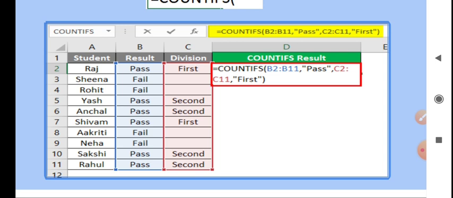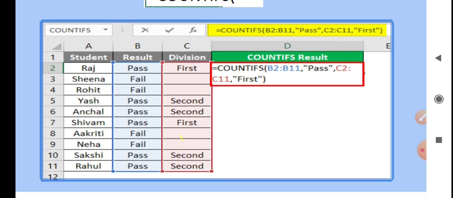Why only 2? Because many have passed, but who are the first? Which is the second condition given? First. So only division first. Who are there? Raj and Shivam. So only 2. So the result will be 2. Okay.